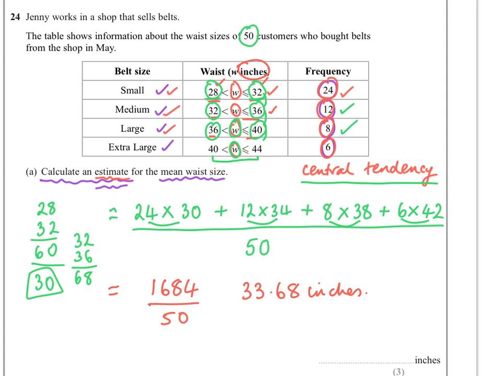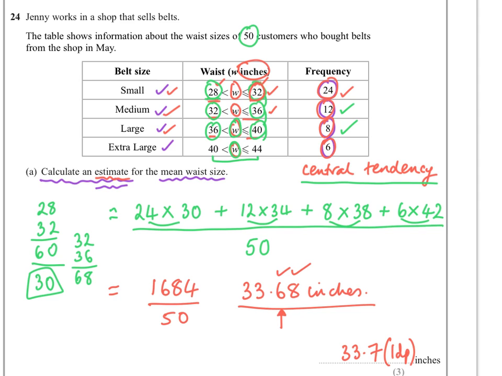Now as these were given to the nearest whole number, I'm not quite sure what I would say actually. I think I'll give it to 1 decimal place, although you probably should give it to the nearest inch, but I'll say 33.7 and I'll write down that 1 dp. At least I've given all the information anyway, so I should be able to get all of the marks based